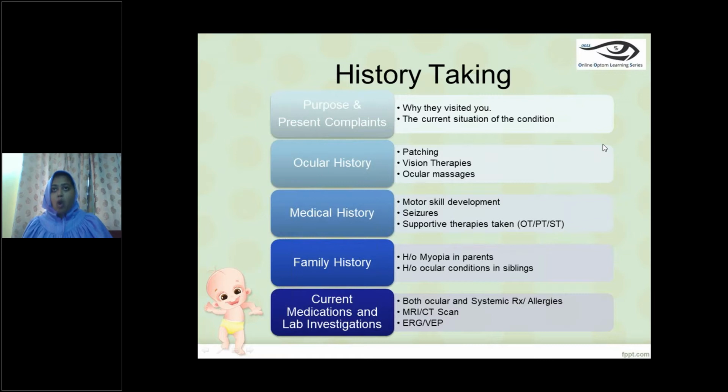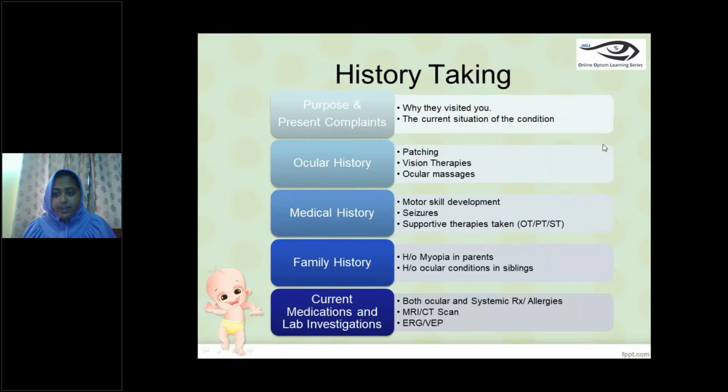Did the child walk properly? When did they attain the head control? When did they start crawling? That is what we have to ask about the motor skill development and other developments as well. And another important aspect of the medical history in kids is we have to ask about seizures. So not only congenital seizures, we have to ask about febrile seizures as well,